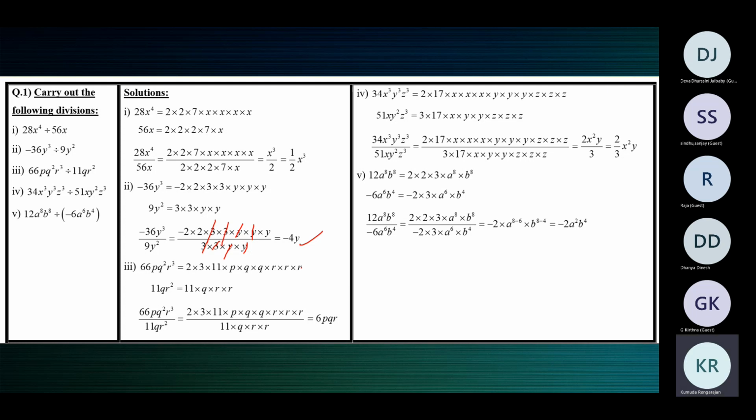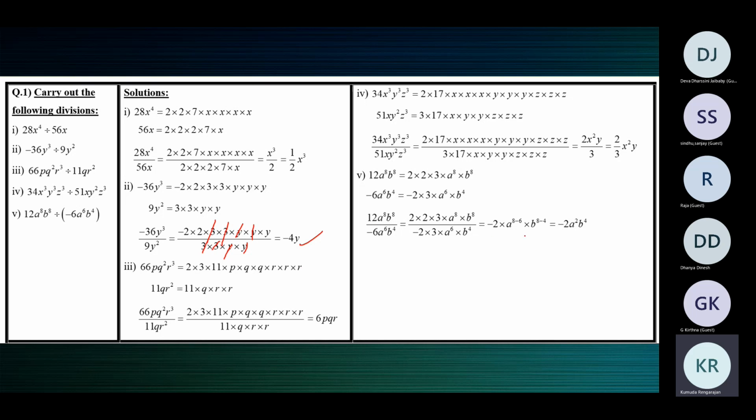So you can use the law of exponents there. When bases are same and it's division, we subtract the powers. When bases are same and it's multiplication, we add the powers. These simple rules we have seen in 7th standard. More of exponents we'll see. But we know this. Multiplication, we add the powers. Division, we subtract the powers.